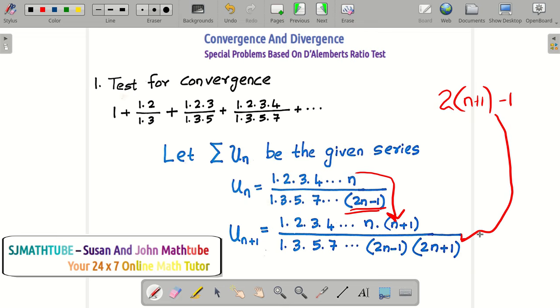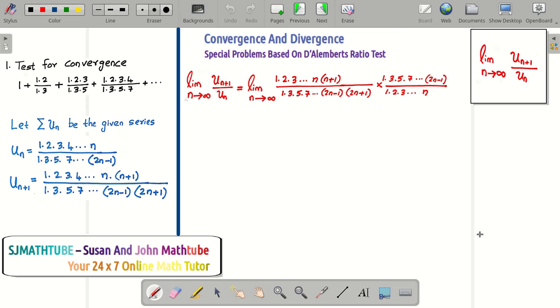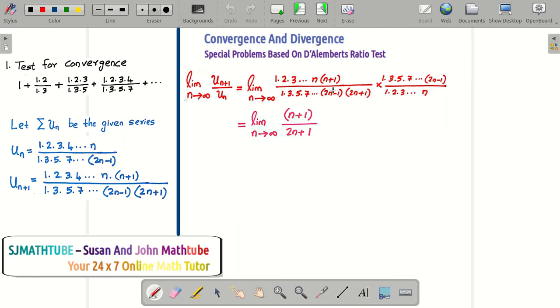Now, do you remember the condition for ratio test? Yeah, the limit. This is exactly what we have to find. Anyway, we have un and un plus 1. So I'll just plug in un and un plus 1, and everything is going to get cancelled. Yeah, and it simplifies and we get,